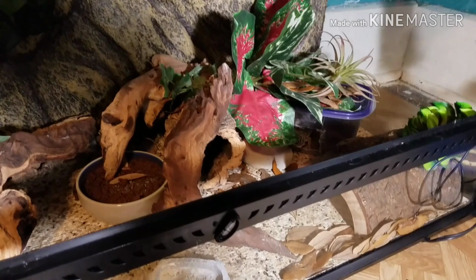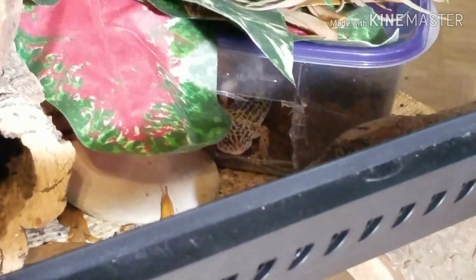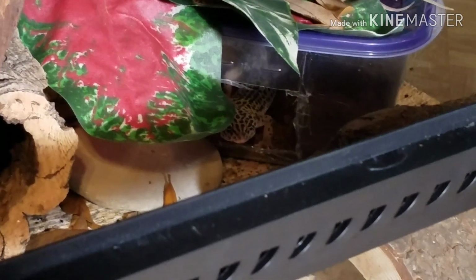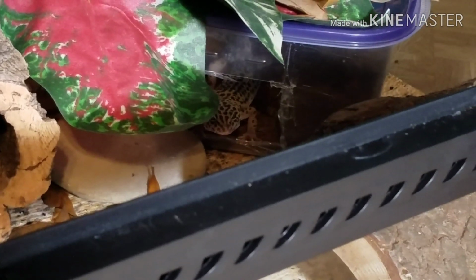I wish he would come out, but he's kind of having a moment. Aw, Augustus? Aw, you sleepy? Yeah. Hi, Auggie. What are you doing, silly? I don't have food for you. I mean, I do. I could feed you. You want food in a little bit? So yeah, he has changed a ton. I don't know if you can tell from here, but yeah, he's grown a lot, and I'm very excited about him and his progression. So yeah,